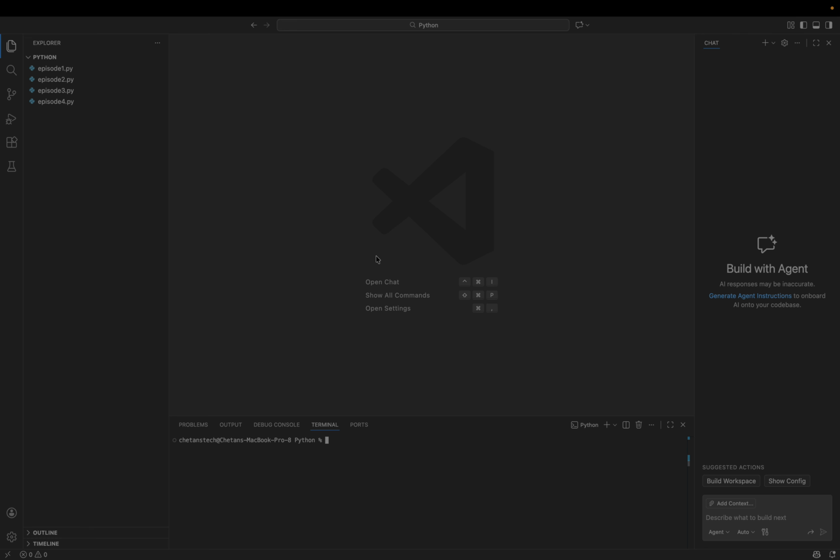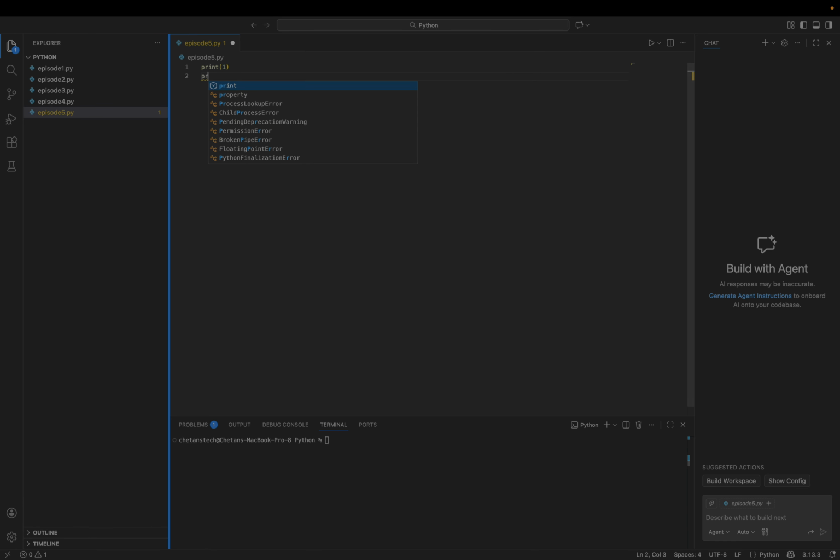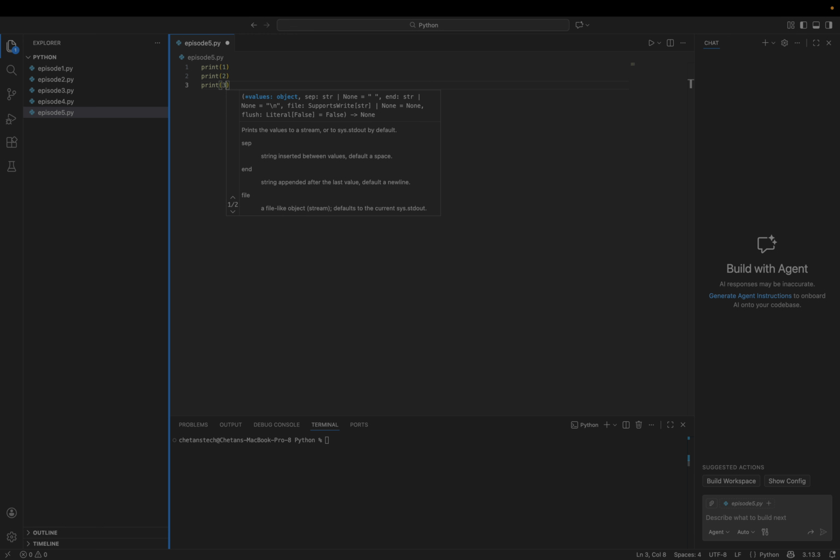So far, our programs can store data, understand data types, make decisions using if and else. But imagine this. What if I want to print numbers from 1 to 100? Am I going to write something like print 1, print 2, print 3, and so on 100 times? Of course not. Today we will learn loops, the concept that allows code to repeat itself. This is where programming becomes powerful.